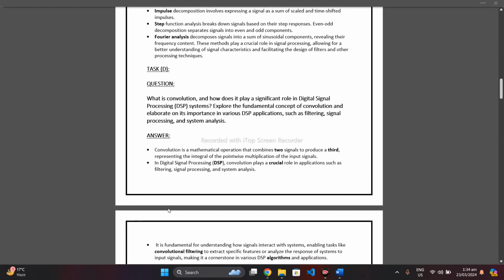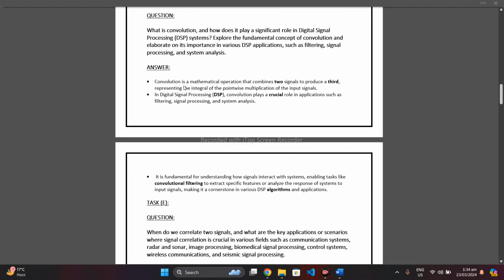Now task D. Question: what is convolution and how does it play a significant role in digital signal processing systems? Explore the fundamental concept of convolution and elaborate on its importance in various DSP applications, such as filtering, signal processing, and system analysis. Answer: convolution is a mathematical operation that combines two signals to produce a third, representing the